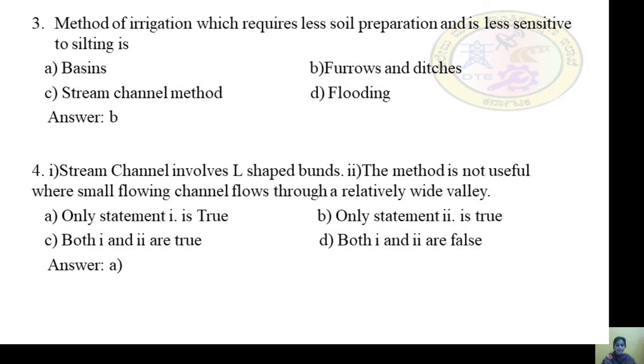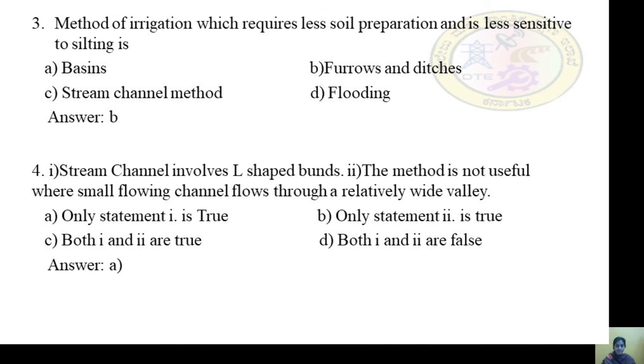The method of irrigation which requires less soil preparation and is less sensitive to silting is A, basin, B, furrow and ditches, C, stream channel method, D, flooding. Answer is B, furrows and ditches.